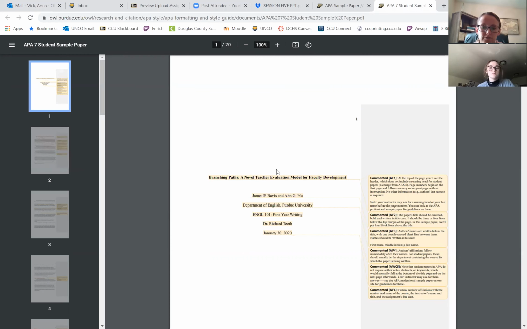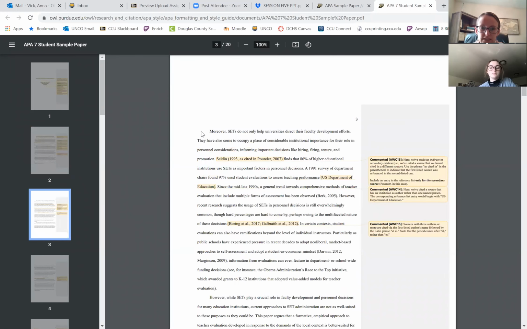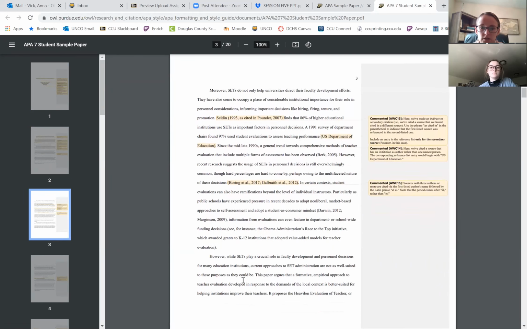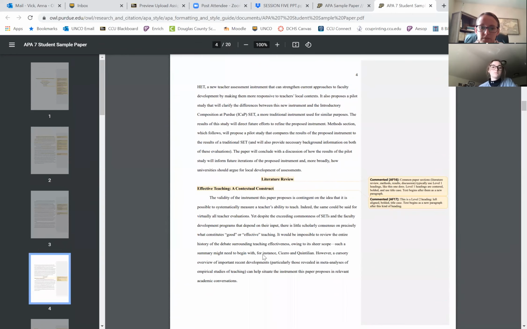And this is just a fake person here. So we've got page 2, we've got our heading, and this paper will give you a good demonstration of how to most effectively use headings and integrate those in your structure. We've got some examples of source, citation, and quotation. You can see the indents at the start of the paragraphs, and then no additional space in between the paragraphs. That's another part of APA format.